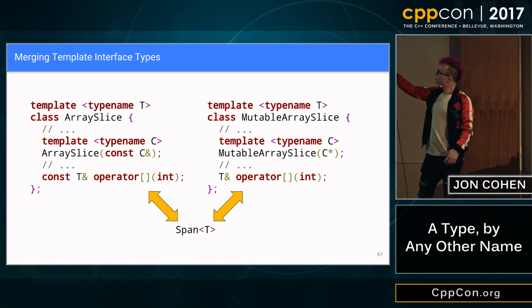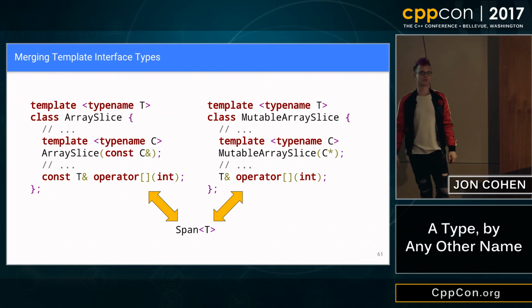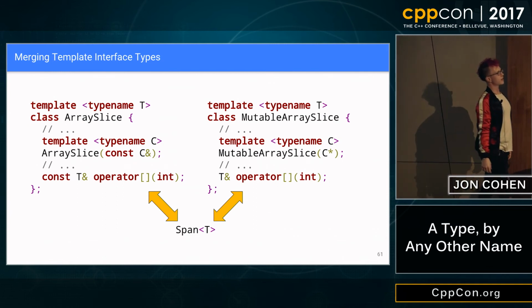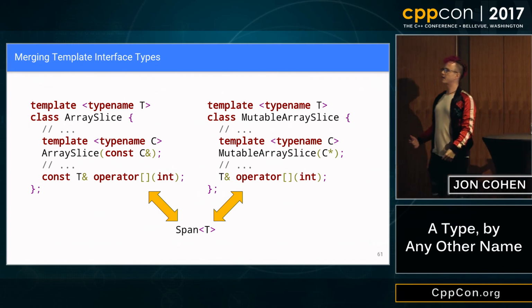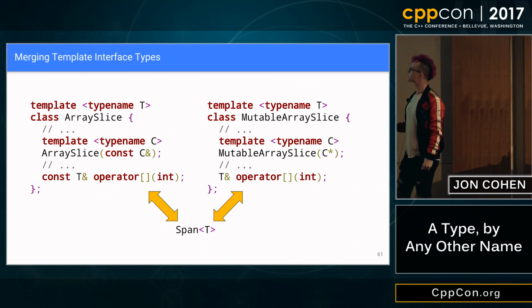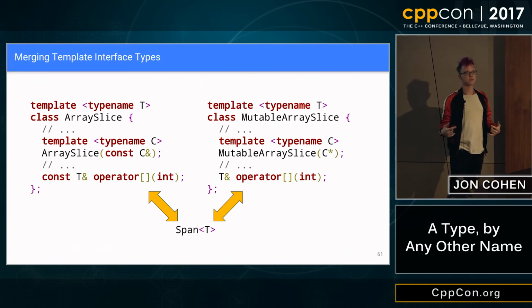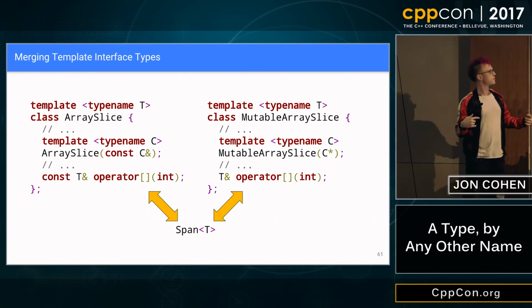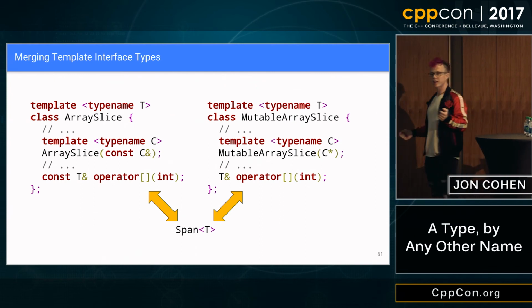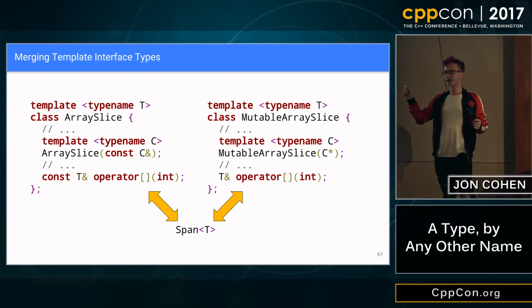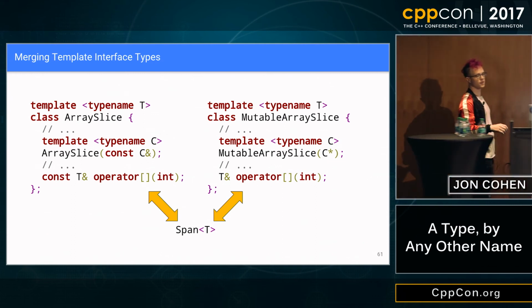But we don't want to ship two types that are basically the same thing, except one says mutable in the name. That's not good design. So it fell upon me to figure out how to merge these into one type. And this is made much harder by the fact that they're taken as function arguments. So you can't rely on implicit conversion because you only get one of those at any one time. Span has to be an array slice exactly, but span also has to be a mutable array slice exactly. It needs to be able to wear both masks while we're making this migration.